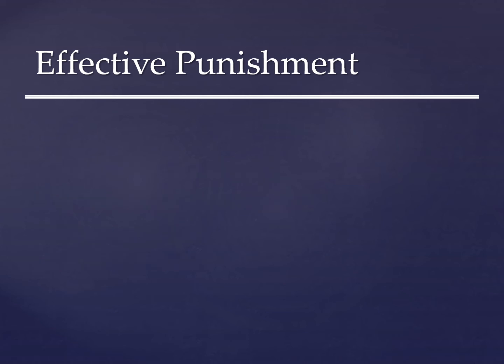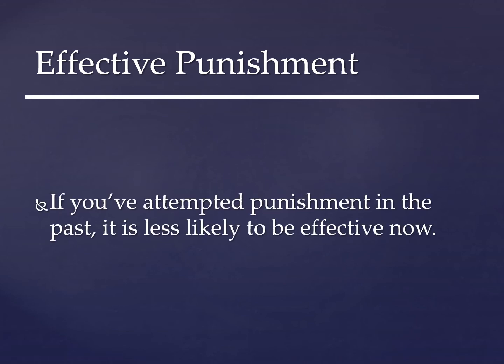There's one other interesting point not brought up in the assigned reading. Lerman and Vorndran reviewed this in their 2002 paper. The assigned article by Vollmer is actually a reaction to their article. If you've attempted to intervene upon a specific behavior in the past with a specific type of punishment, but did so with poor treatment integrity, trying that same intervention again in the future is much less likely to be effective. This is another point related to habituation, as well as experience with being able to eventually escape the punishment.